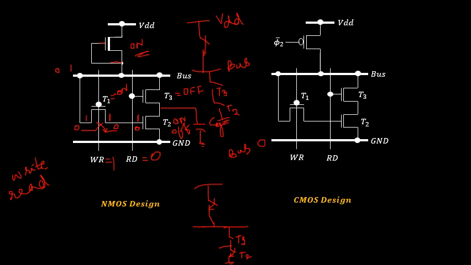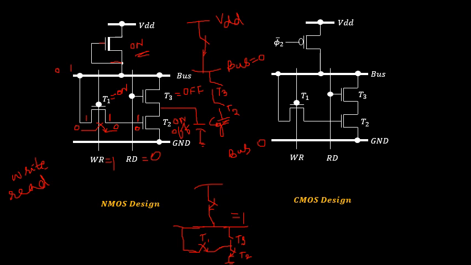So when this is carrying a logical 1 state, obviously here I am having 1, this is 1. Gate signal, write operation is 1, so transistor T1 is on. So if I assume this as the transistor T1, which is behaving like a closed switch, so this is transistor T1. So the diffusion path is going to be carried to the bus terminal. So this will be the sequence. When the bus signal is carrying a logical 1 state, this is when the bus signal is carrying a logical 0 state. So now this is what the write operation is.